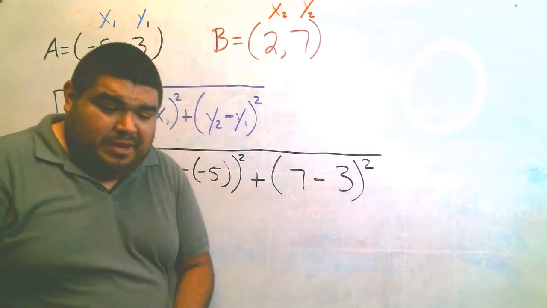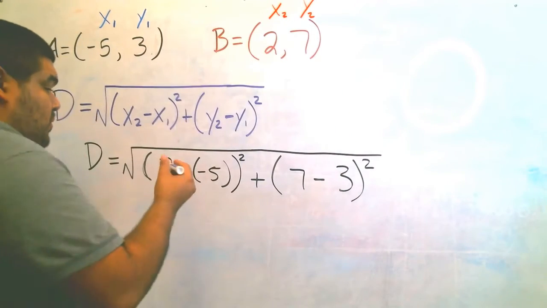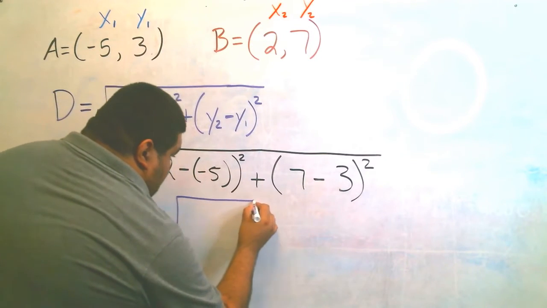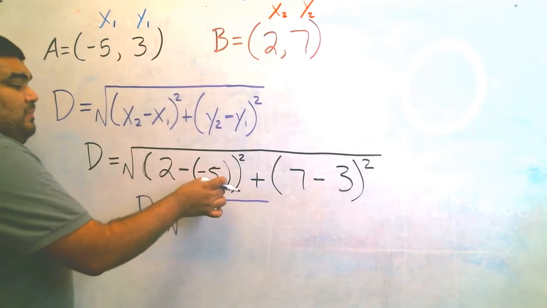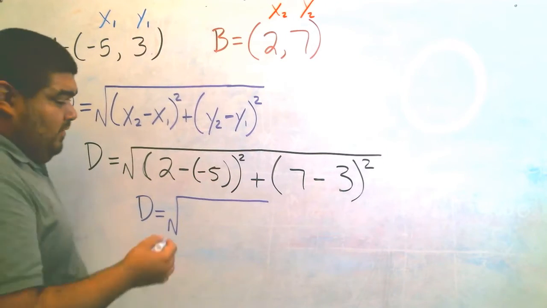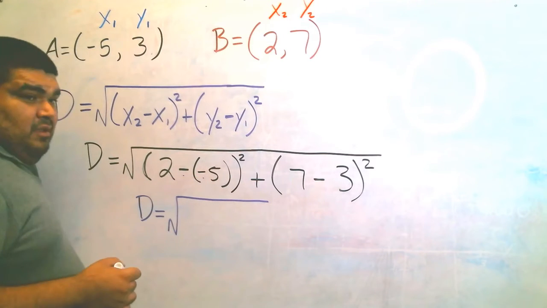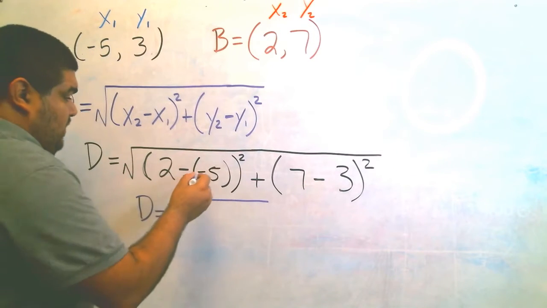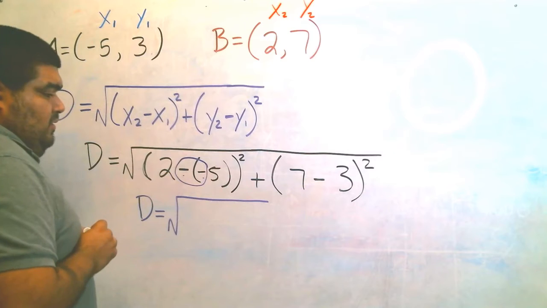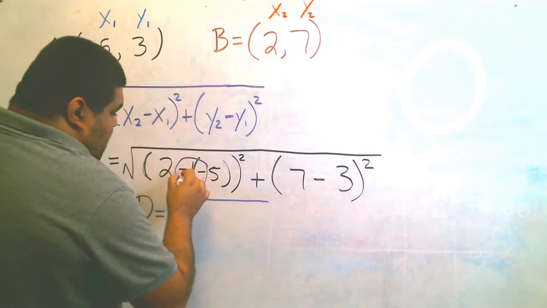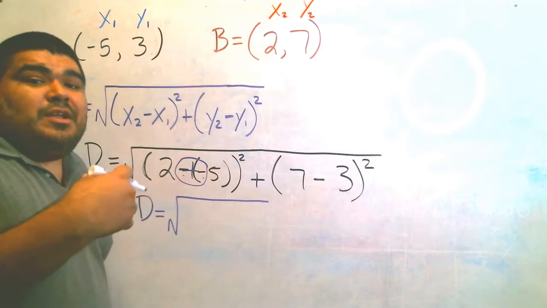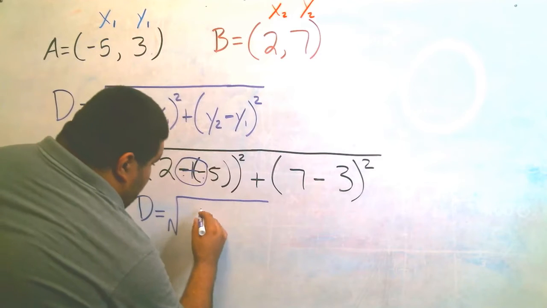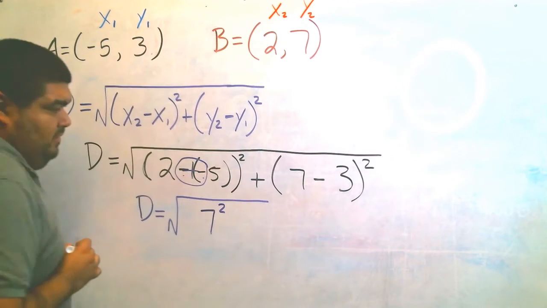So let's start by combining the first ones. Remember, don't forget the d equals the radical 2 minus -5. Meaning, when this happens, we have two negatives that are next to each other. They pretty much cancel each other out. Okay? So those two cancel out. It becomes a plus sign. So now we have 7, because 2 plus 5 is 7, right? 7 squared